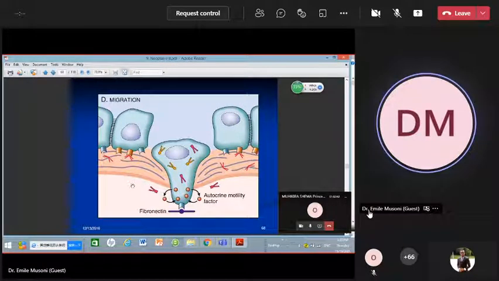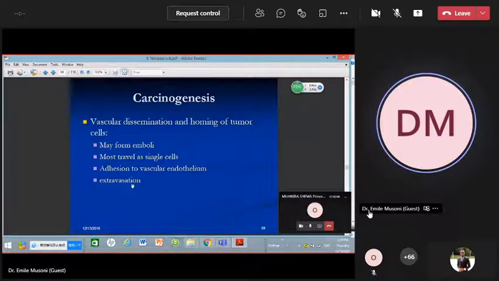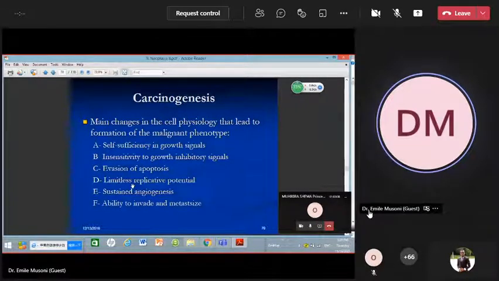Then migration to the blood circulation or to other sites. In carcinogenesis, there is also what they call vascular dissemination, and homing of tumor cells may form emboli. Most travel as a single cell, adhesion to the vascular endothelium, and then extravasation. So these are the main changes